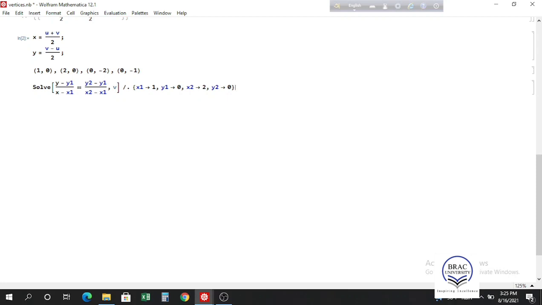Also we have x and y in terms of u and v in the equation. So if we solve this equation, I can easily get the expression for v in terms of u. So that will be the line connecting 1 0 and 2 0. Also let's use simplify here to get the simplified version of the equation. So if we press shift enter now,